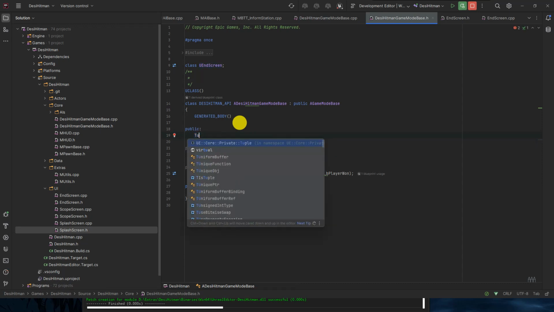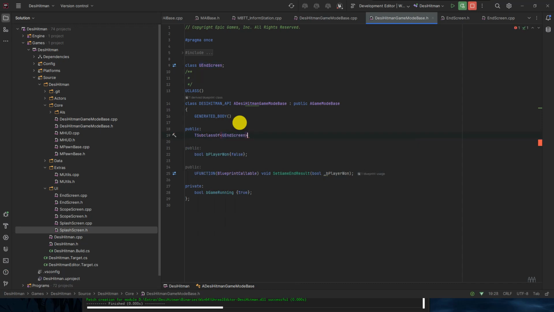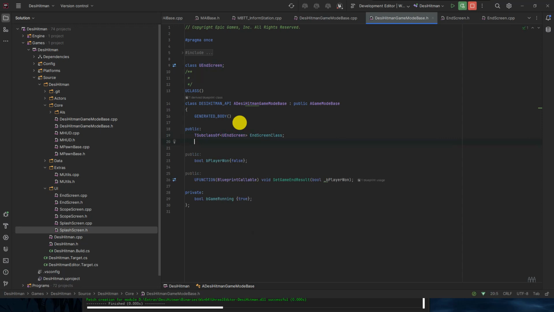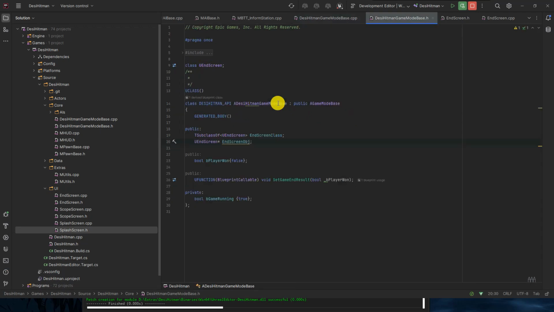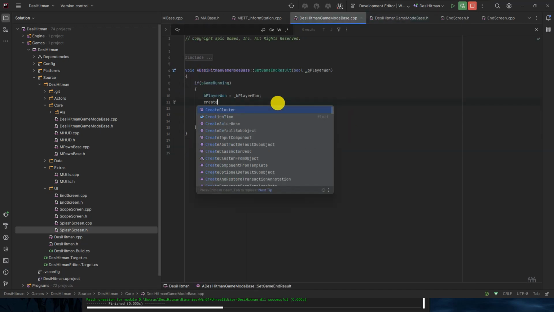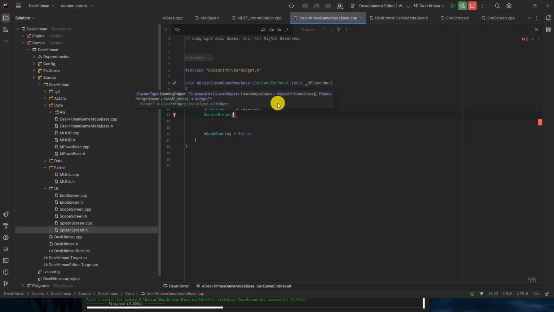So TSubclassOf UEndScreen class. Next is UEndScreen object. Okay, so what I will do, I will create the widget, owning object.